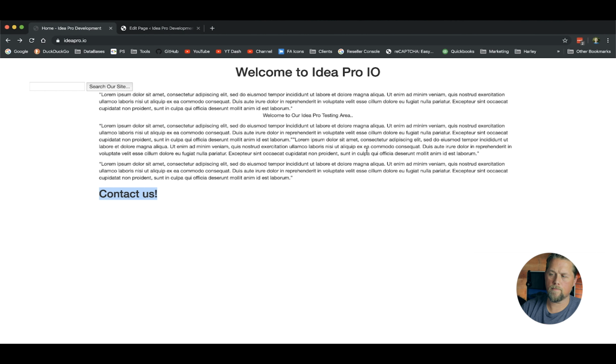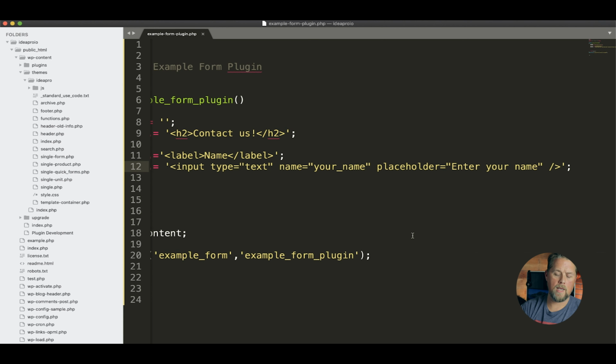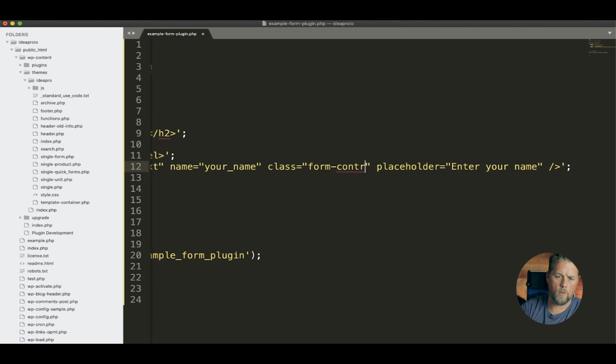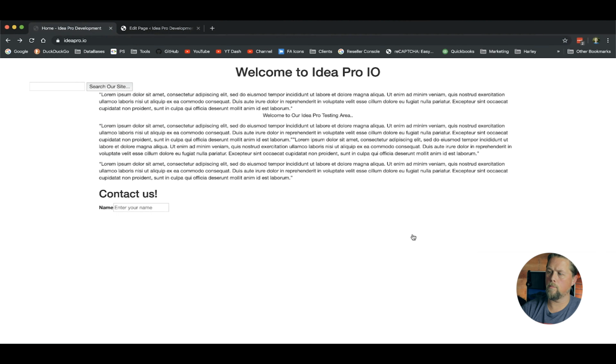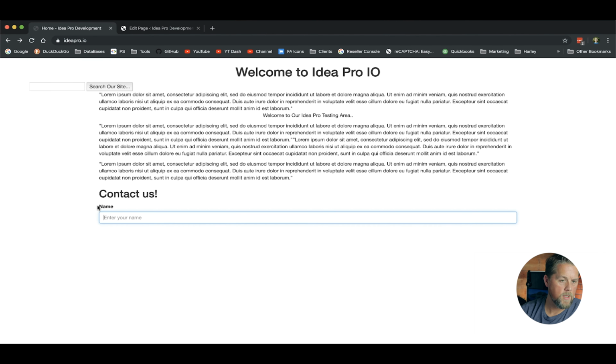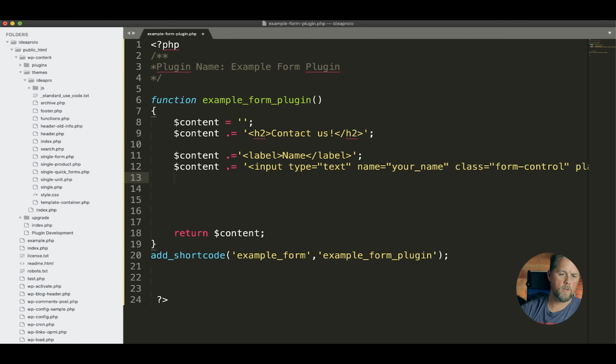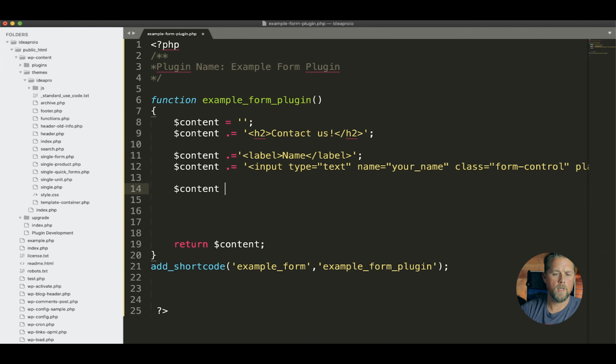All right, let's look at that. Oh, we didn't add the styling for Bootstrap. So we can do a class just anywhere here, and form control is the form for Bootstrap. And there we go. So now we have the name and the field. All right, so now we're gonna do two more of those. We're gonna do one called email,